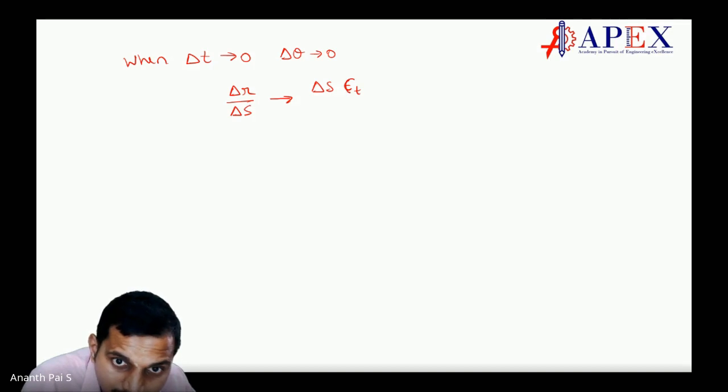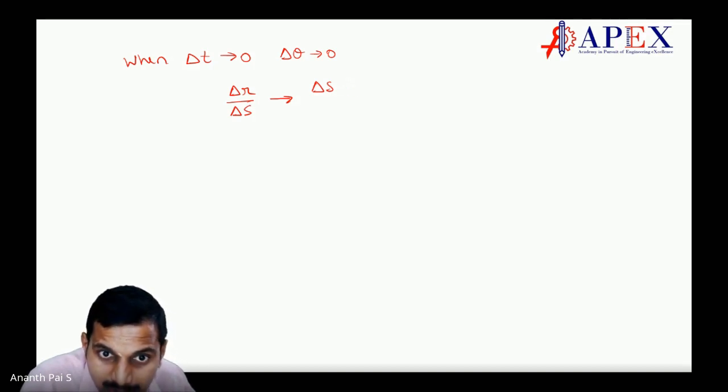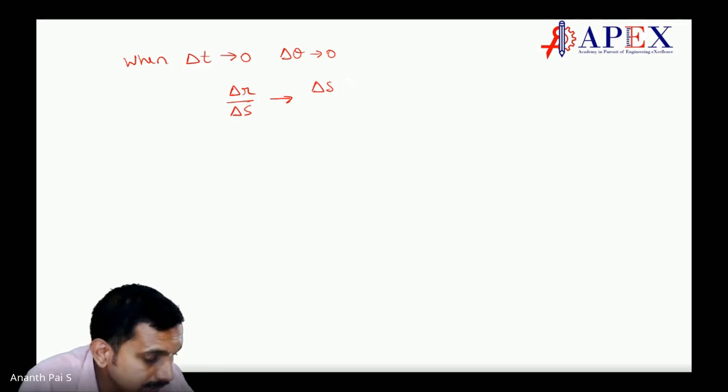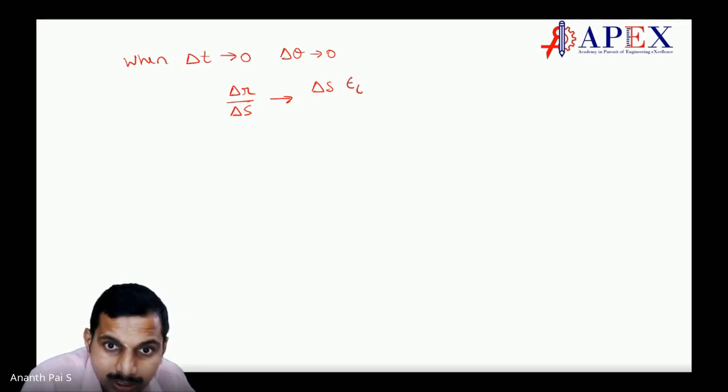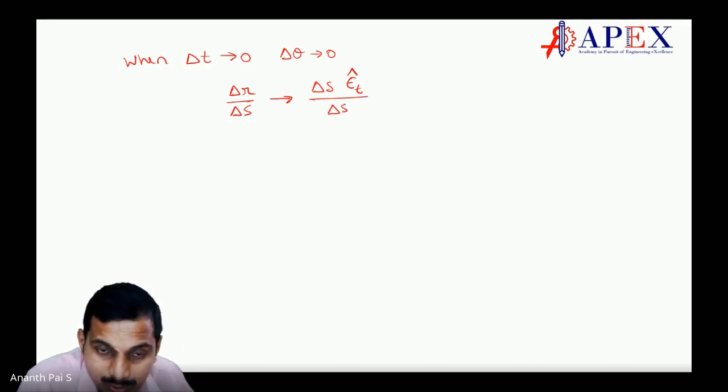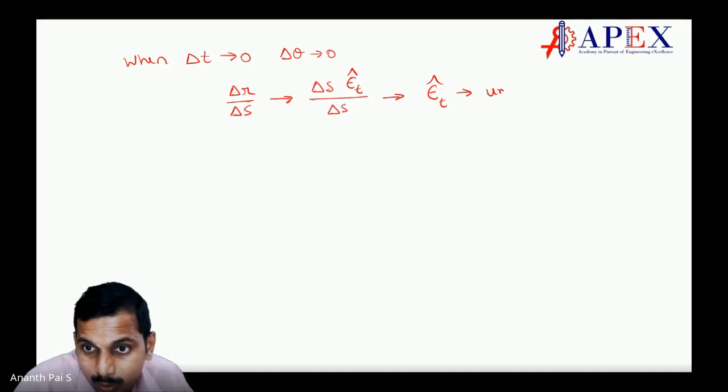This epsilon t is the unit vector. Okay, let us put epsilon t as the tangential unit vector. This is the unit vector along delta s. So this tends to the unit vector along the tangential direction,